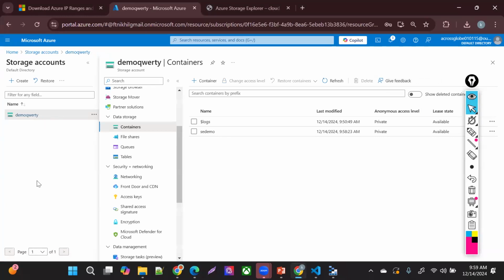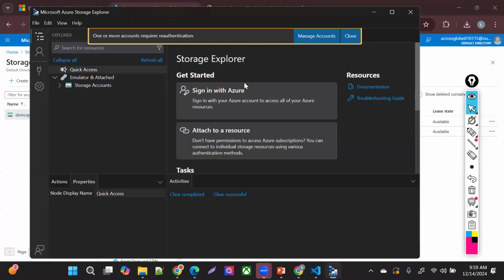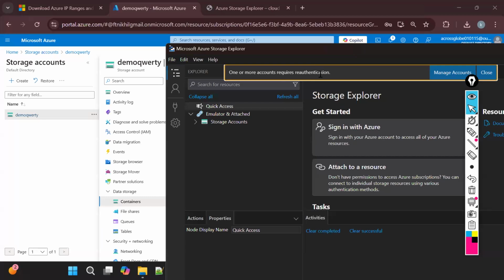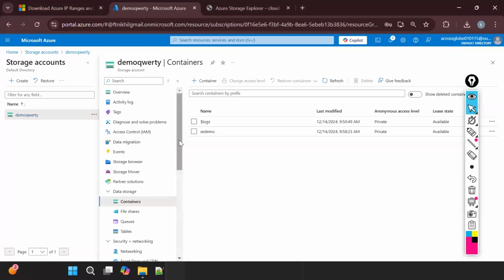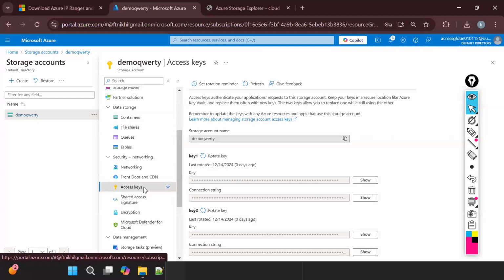Now I'm going to connect my storage account. How can I do that? If you remember, I told you two ways. One is the Shared Access Signature, SAS, which provides you granular level of access to your storage. But if you're sharing the keys, the access keys here, let's say I got these access keys, then I will be able to do anything I want on my storage account.